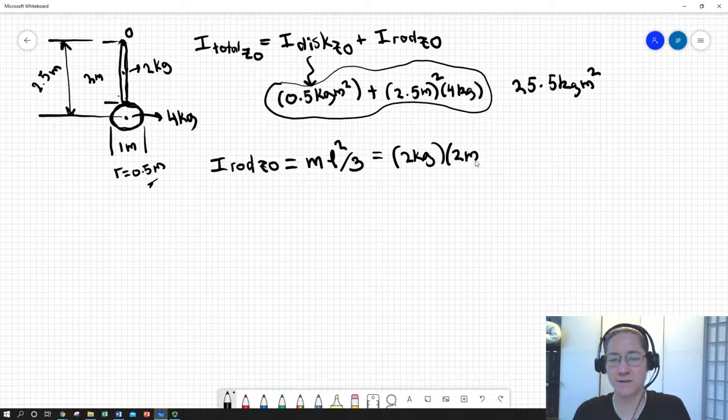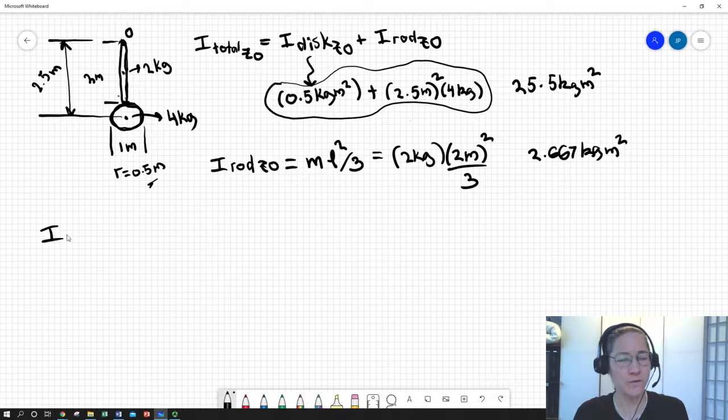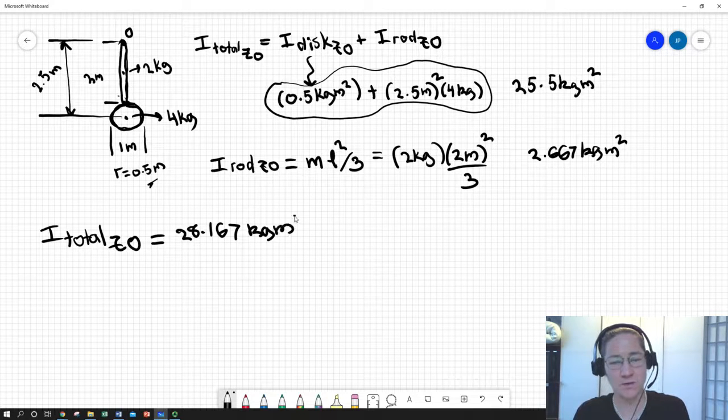Length is 2 meters squared. And then we're going to divide by 3. And that's going to give us 2.667 kilogram meters squared. So our I total, basically around a z-axis going through point O, is 28.167 kilograms meters squared,